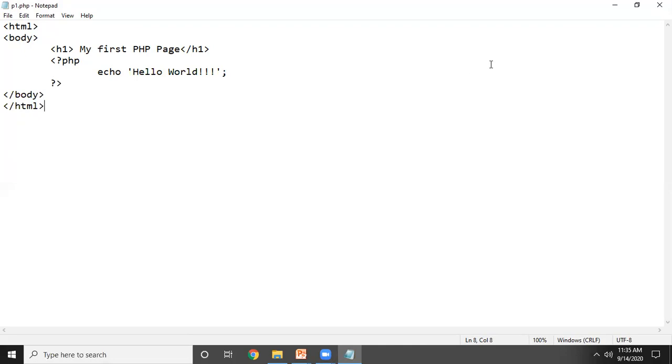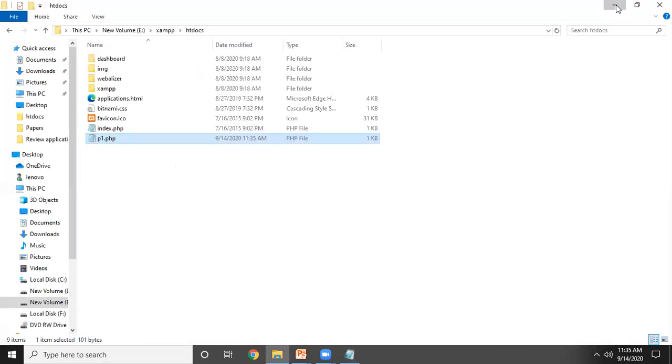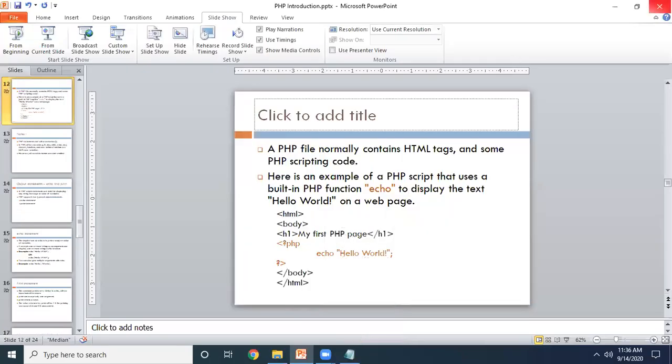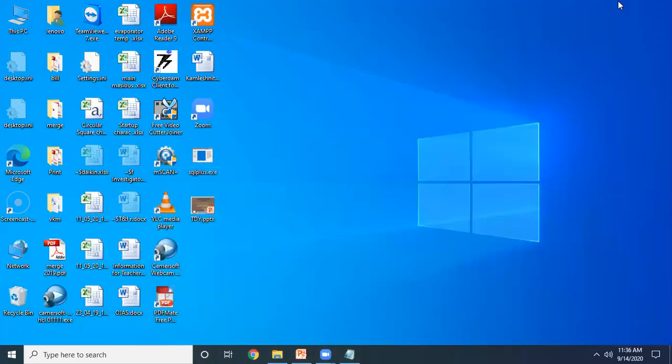Now this file we have to run. For that we compulsorily need to start a server first. So I'm having the XAMPP server. First we need to start the server.